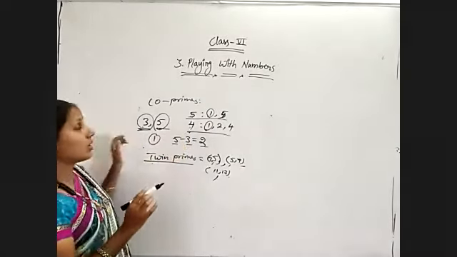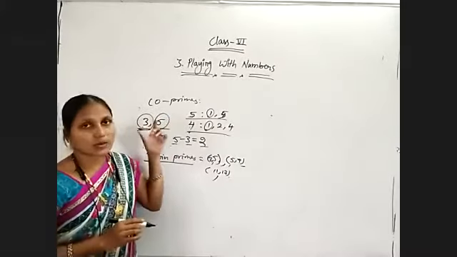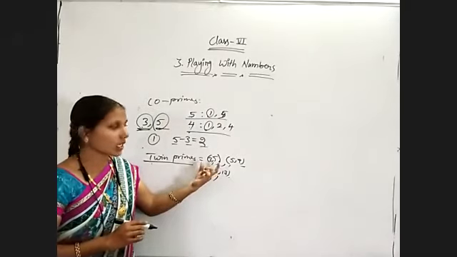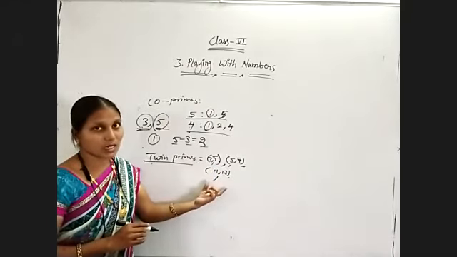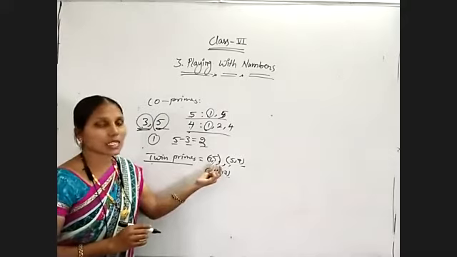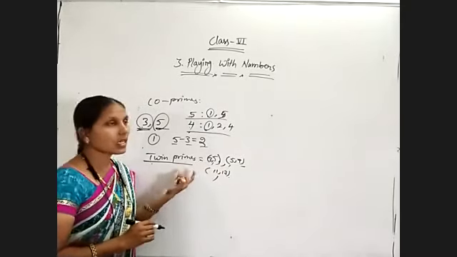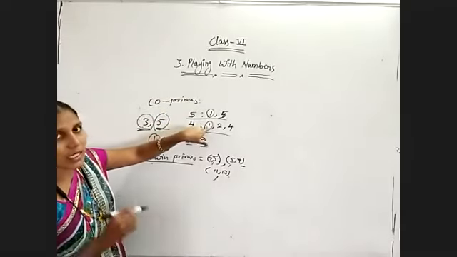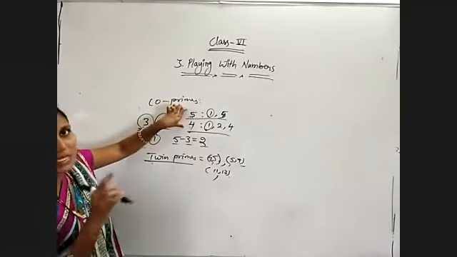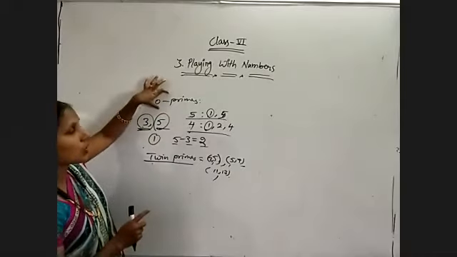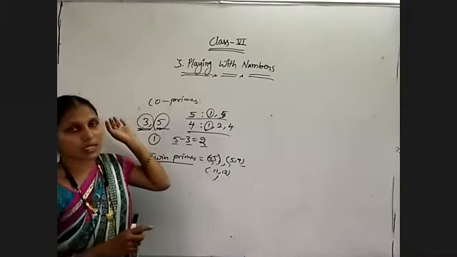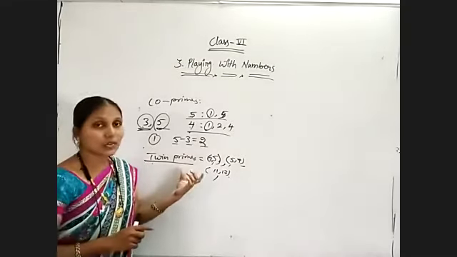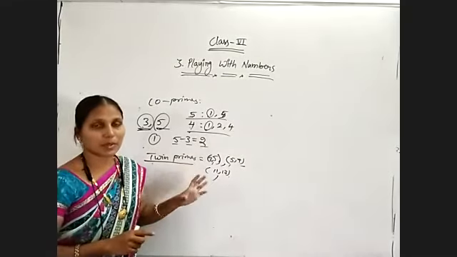So remember, for twin primes, compulsory whatever numbers we are taking, those are prime numbers only we have to consider. The prime numbers whose difference is 2 are said to be twin primes. The numbers having only 1 as their common factor, that means if the HCF of two numbers is equal to 1, those are called co-primes or relative primes. And co-primes need not be the prime numbers, but twin primes compulsory will be the prime numbers.